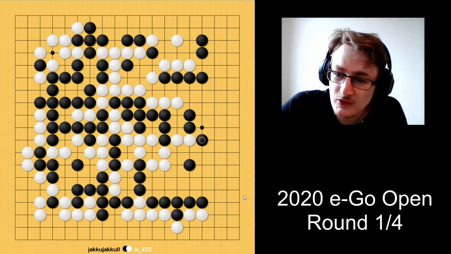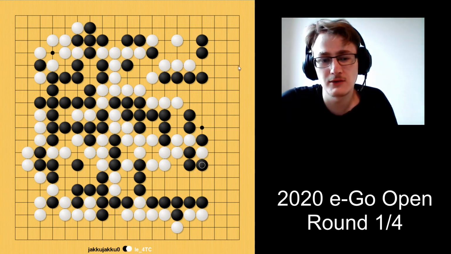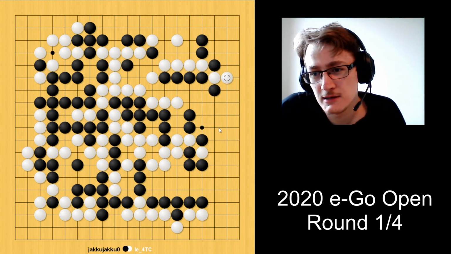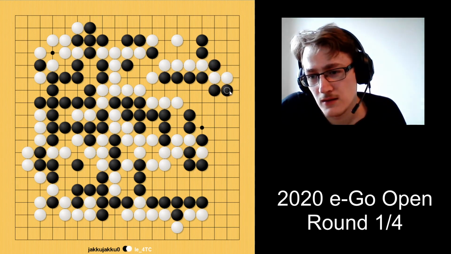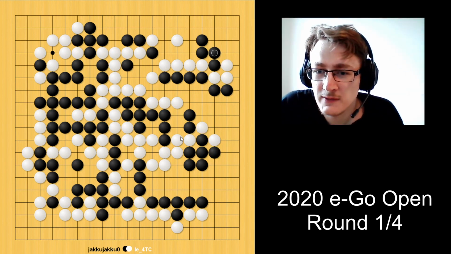Play some forcing moves and try to find something here. And in the end, I do get a little bit back, but it's not enough. So I try to make use of this aji from earlier. Black tries to capture these two stones, but at this point I can combine the fact that these stones are